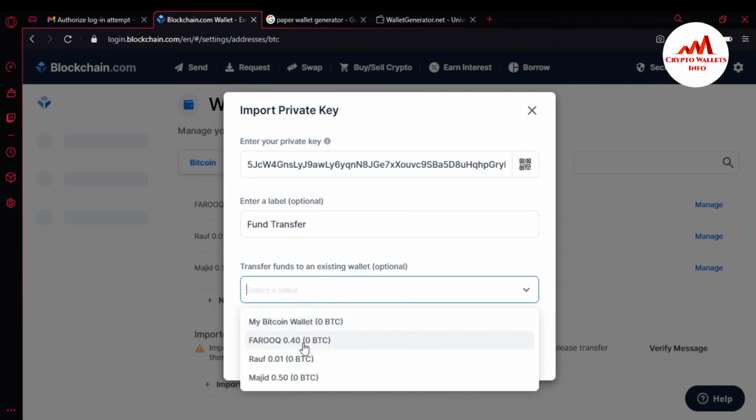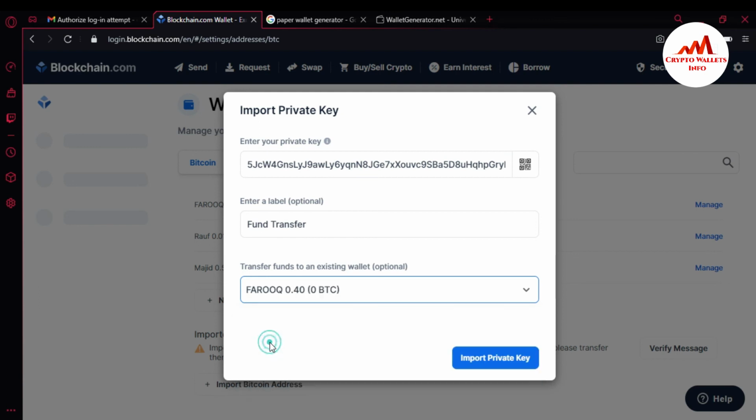If I click on it, you can see here I have already created multiple wallets like Farouk, Rauf, Majid. In the Farouk wallet I have 0.4 BTC, in the Rauf wallet 0.1 BTC, and in Majid 0.5 BTC. If I want to import this wallet with the private key into my Farouk wallet, I simply click on it. When I click on it, you can see here there is the option to import private key.